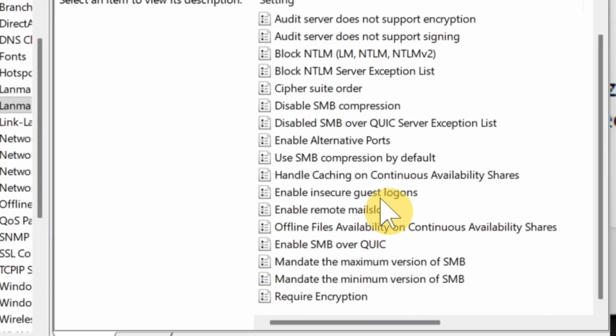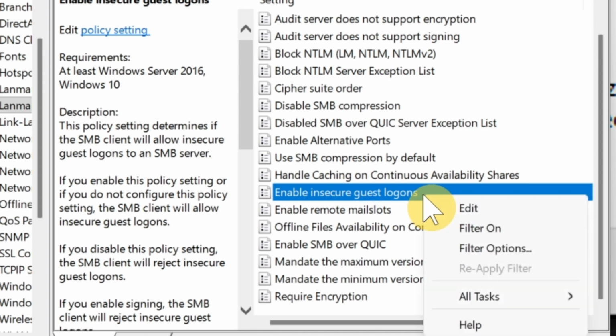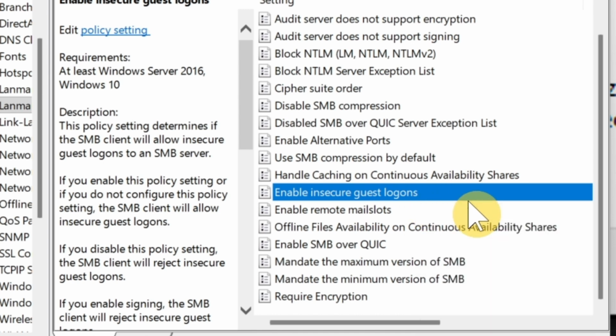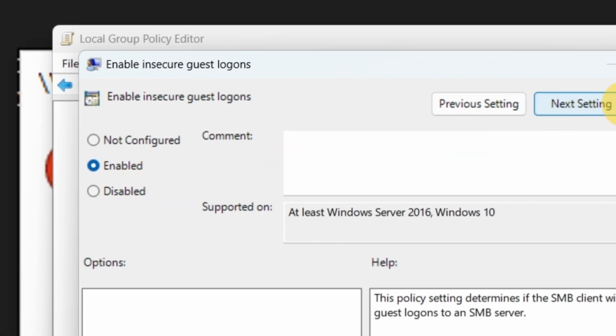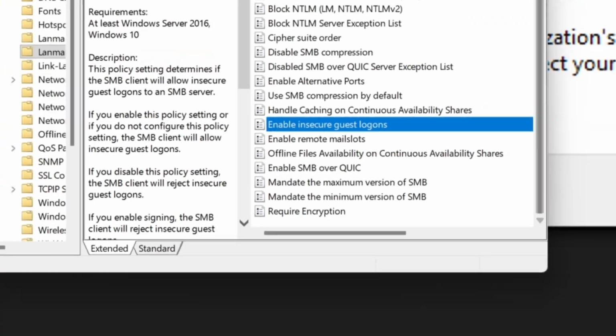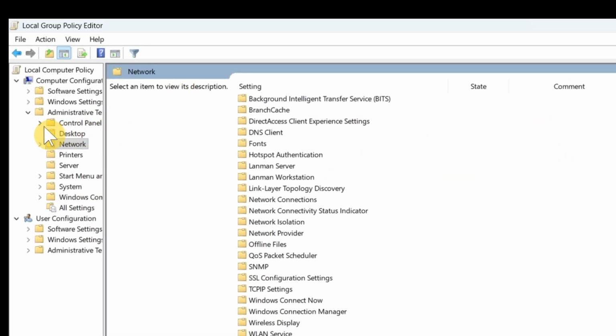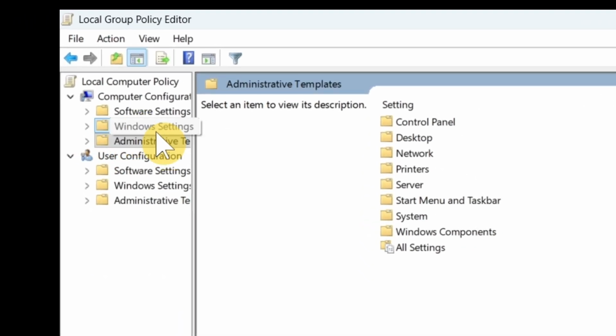Here you can find out enable and second guest login. Just right click and click edit. Now that enabled. Okay, this will be the enable. Then go back. Now next setting is go to the Windows setting